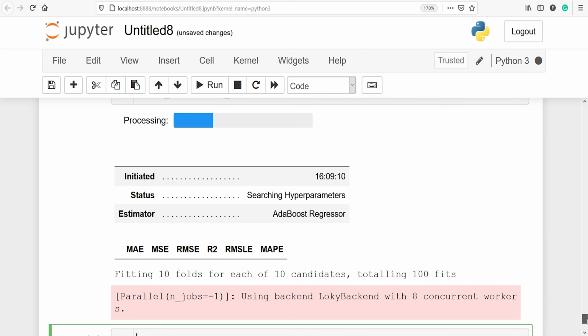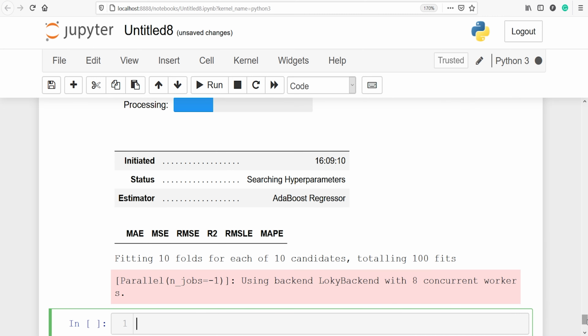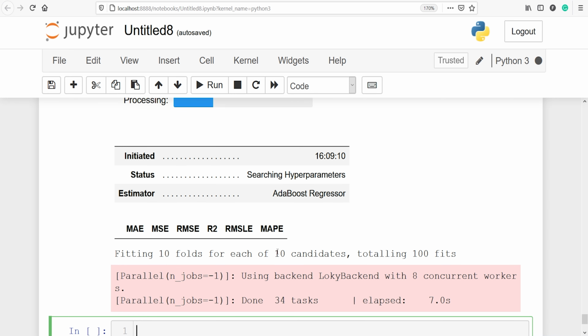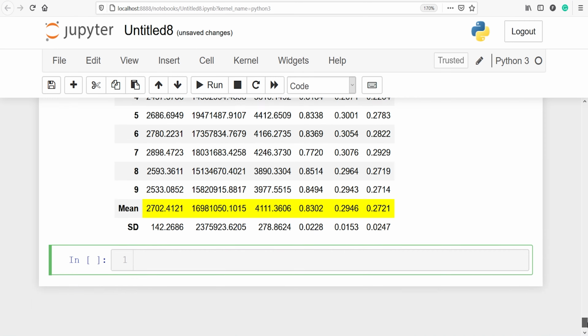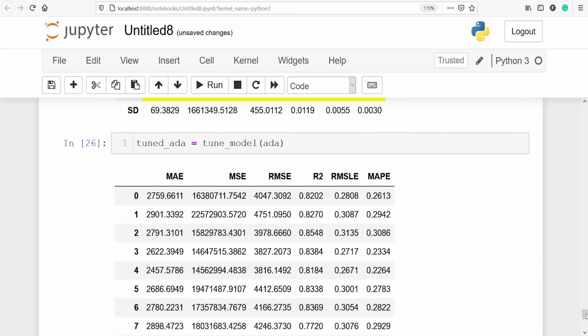Here you can see it is fine-tuning our AdaBoost model. Once we fine-tune our model, we can make a plot and see all that in our plot. This will take some time. Fitting 10 folds for each of 10 candidates, totaling 100 fits. Since there are 10 folds, it will fit 100 times, and in the output you can see we got the result of our fine-tuned model.